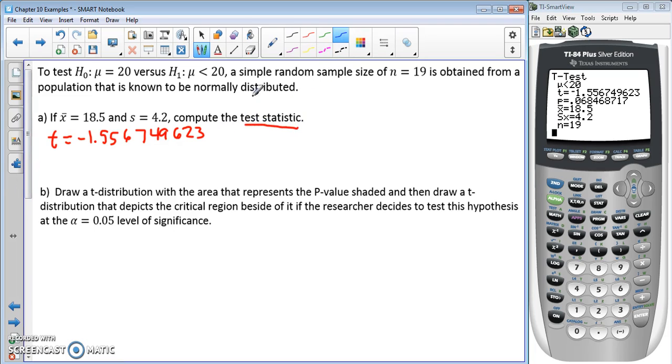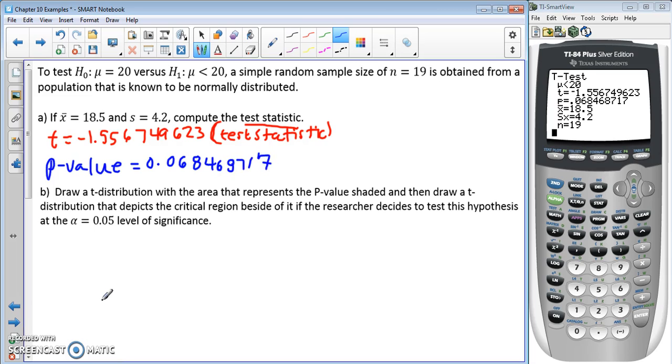So our p-value is 0.068468717. So B asks us to draw a t-distribution with the area that represents the p-value shaded, and then draw a t-distribution that depicts the critical region beside of it